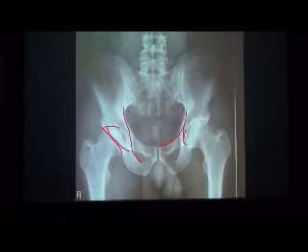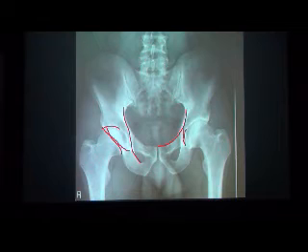This three-dimensional structure is quite complicated. And when we look at a plain X-ray, we